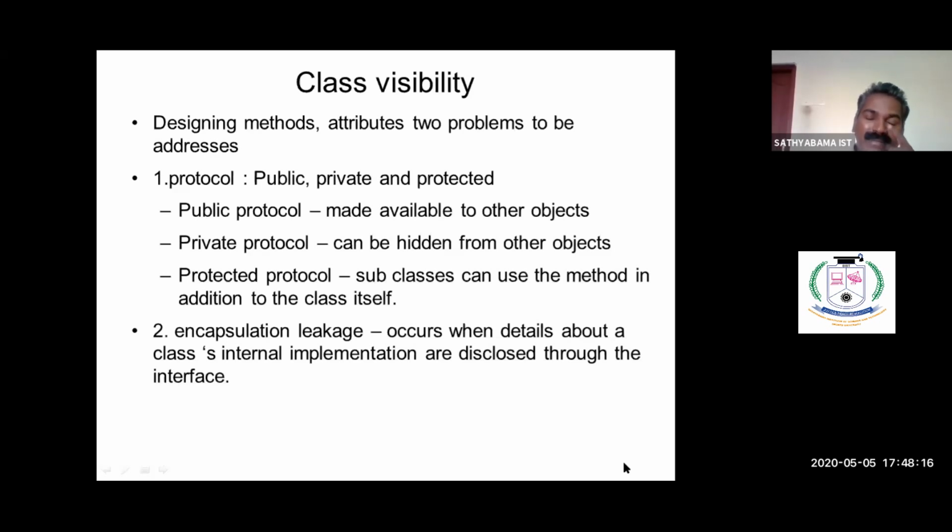One of the important problems is encapsulation leakage. If you do not give the proper visibility to the respective attribute, encapsulation leakage will occur. So in the interface, we have given some value, and that value may leak or may be available to others, to the outside world. So an information leakage problem occurs if you fail to give the right protocol for a particular object and its members, classes and its members.